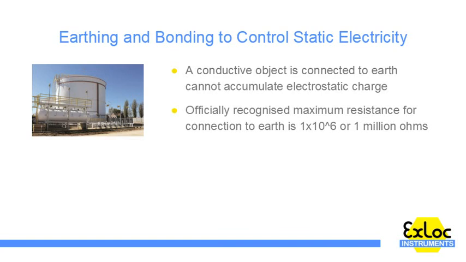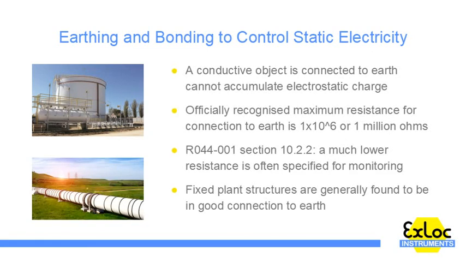This figure may seem surprisingly high compared to the sort of figure we look for when earthing for mains electrical systems, which is typically just 10 ohms and below. However, the 10⁶ ohm value was derived as an upper limit for allowing static electricity to safely pass to earth based on the known charging currents associated with static creating processes such as product transfer and mixing in modern production operations. Details of these calculations may be found in R044001, section